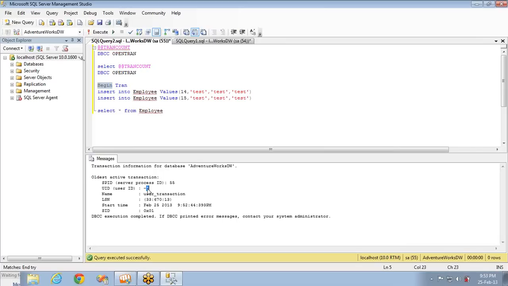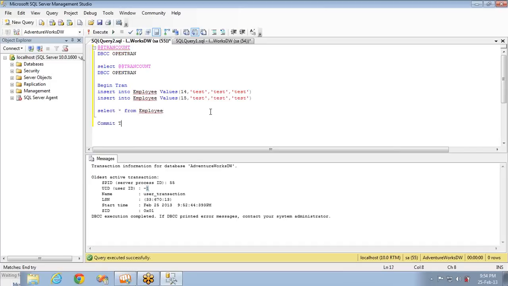So this is how you can make use of this @@TRANCOUNT variable and DBCC OPENTRAN to know what are all the open transactions present in the particular database.